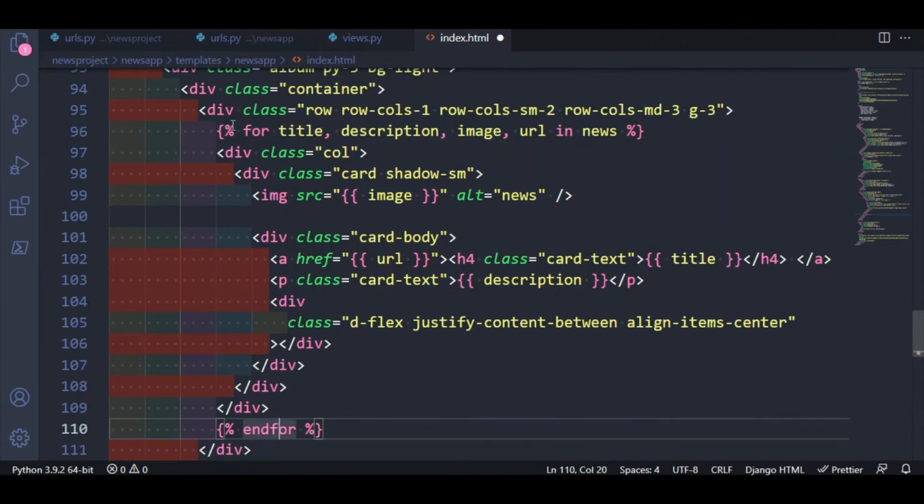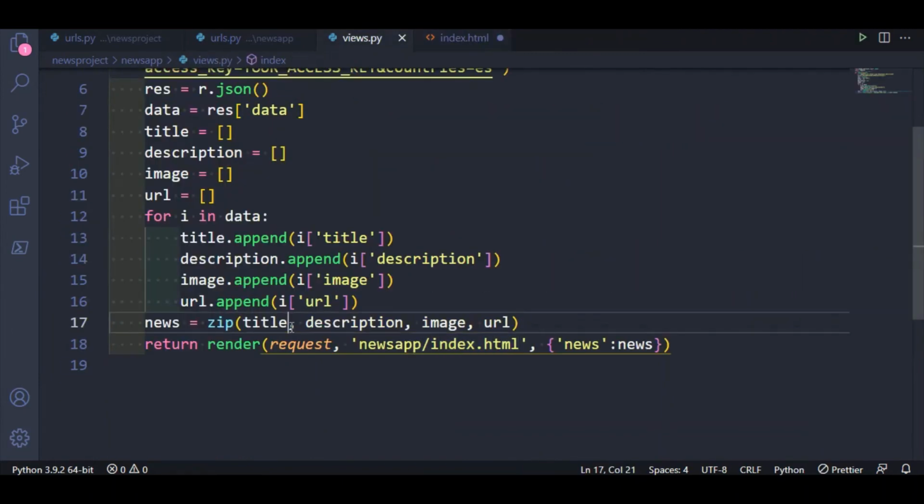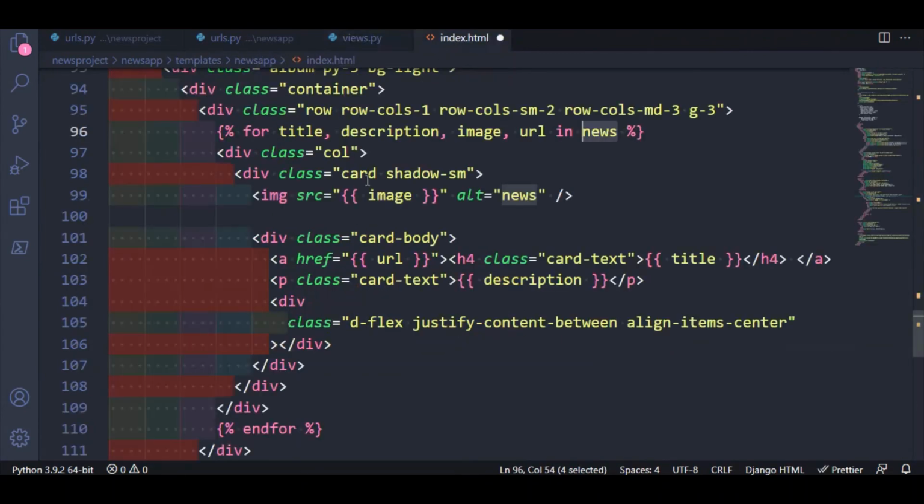So the way we use for loops for Django, it's like Django template language. So we use curly brackets, percentage signs, for, and remember the news that we just created, this news that has title, description, image, and URL. So I'm using these, so unpacking it. So for title, description, image, and URL in news,